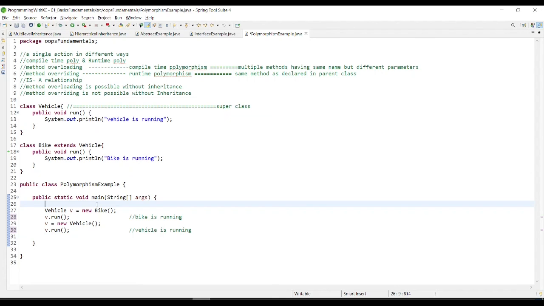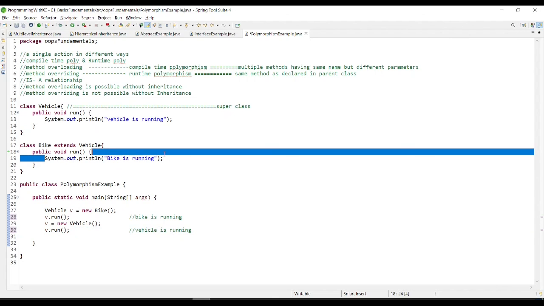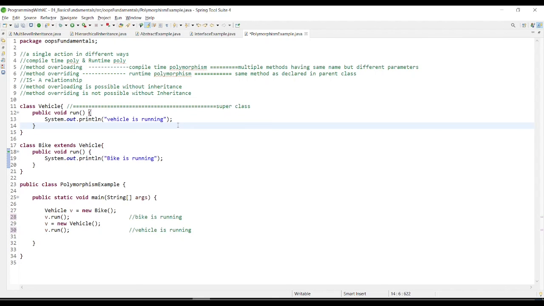So can you observe the difference, or can you learn something from here if you had covered the last videos also? I would like to say that when I write vehicle v is equals to new vehicle and v dot run, it means calling the method with the help of the object. It simply states that it will print the body content which is present inside the method or function. So I got this output as vehicle is running because I created the object for the vehicle.